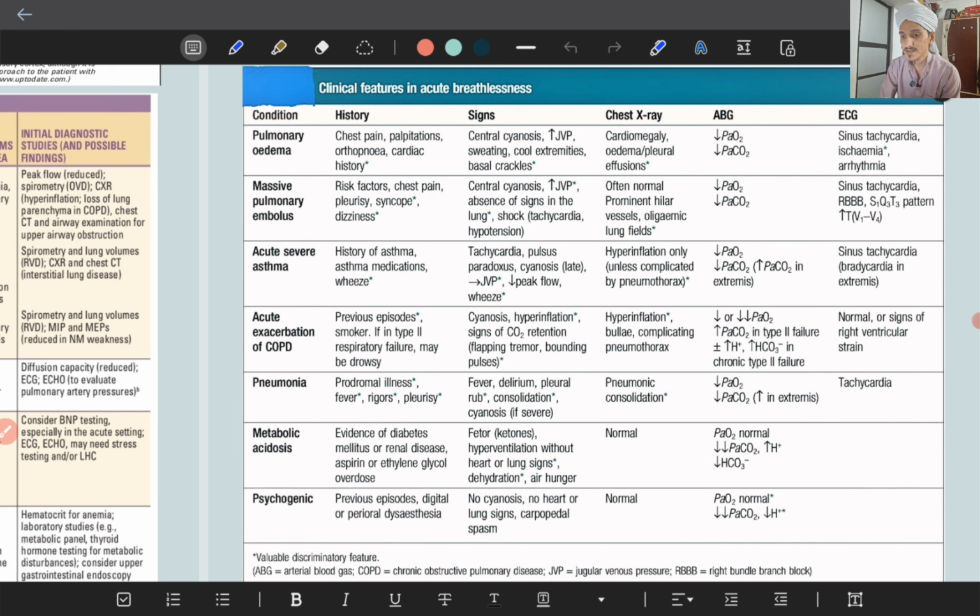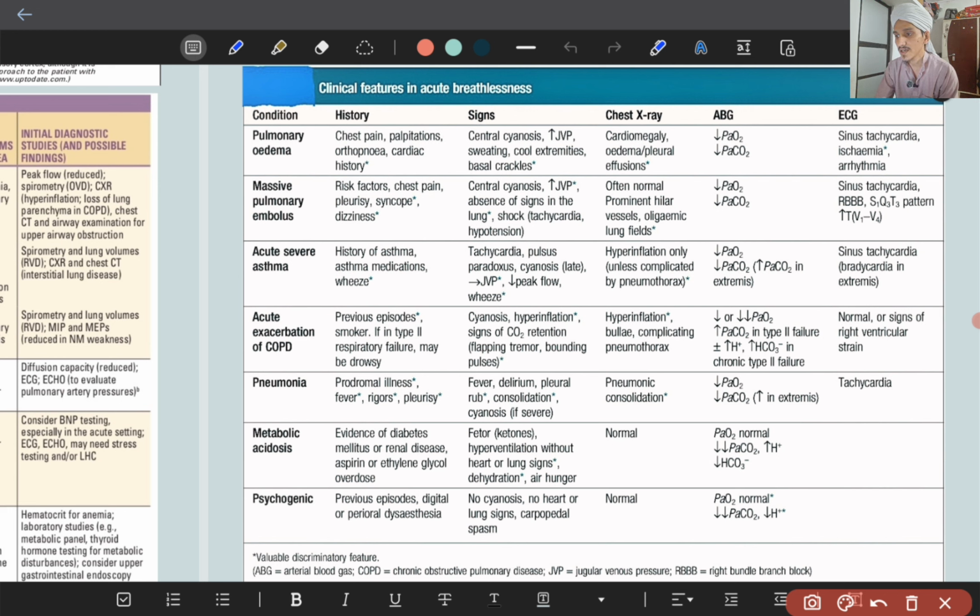Acute breathlessness is based on the time of onset. We can classify it as onset from minutes to hours to days, or breathlessness at rest, which is known as acute breathlessness. Whenever a patient comes with acute breathlessness, we should rule